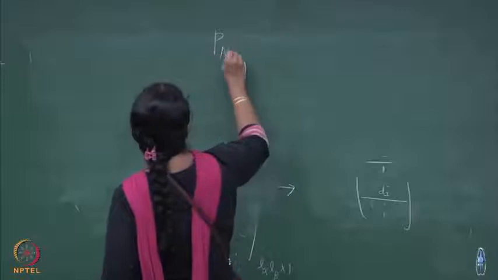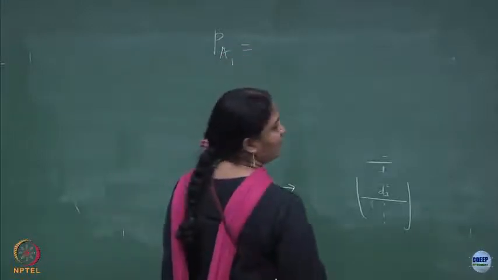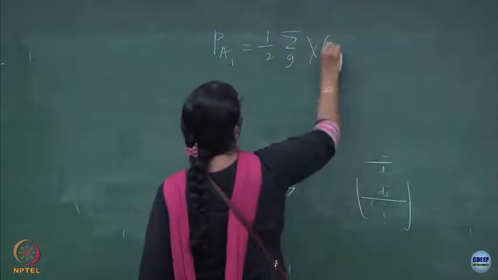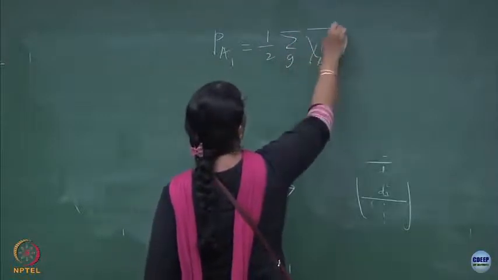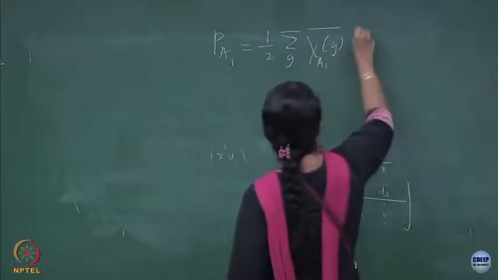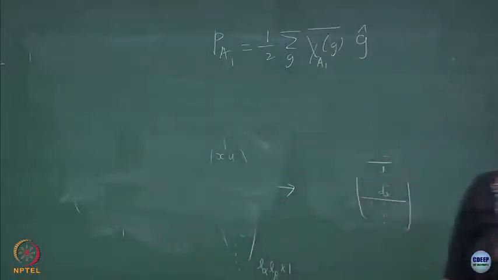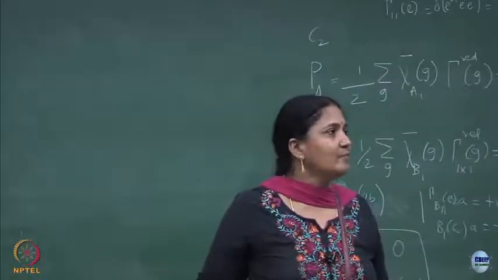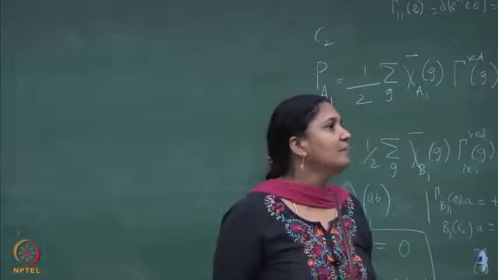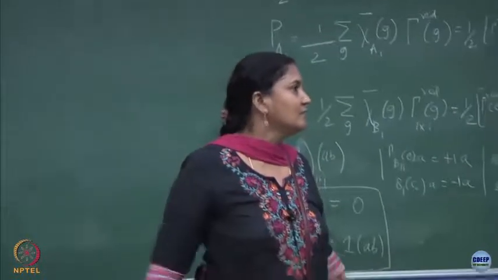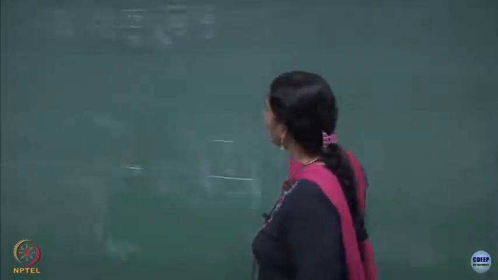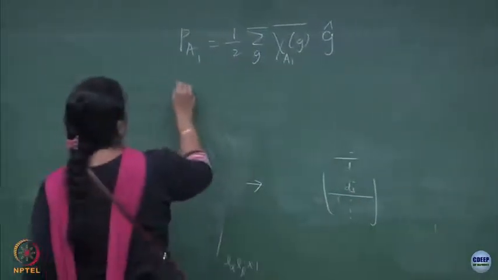So you can write PA1, the projection for the irreducible representation, as the character for the group elements in the representation A1, and then you can also put the G operator and not worry about the matrix representations for it, because the matrix representations depend on the dimensionality of your vector space. This is also another way of doing it. So this is where you can apply PA1.